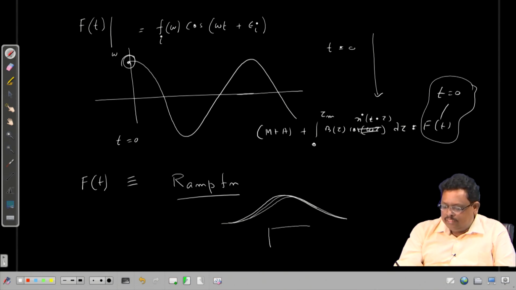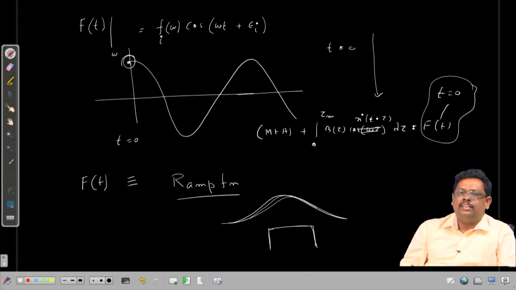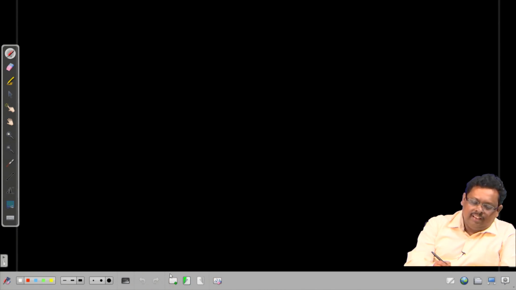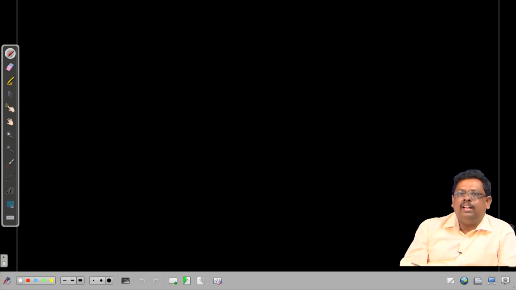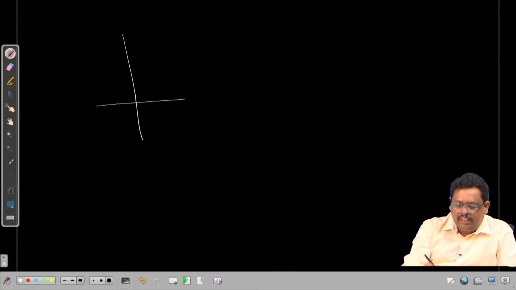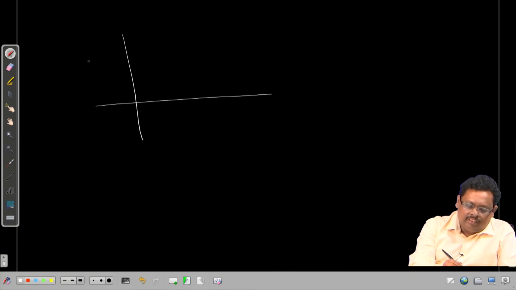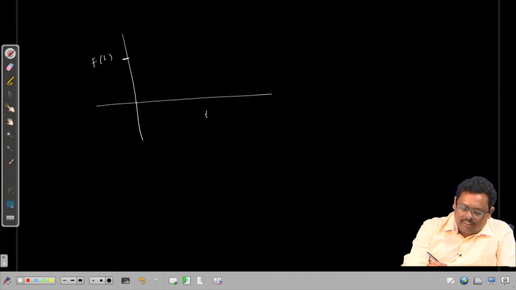We really do not want a speed breaker like this, right. We really want this ramp function. Graphically, we do not start with a very large value. If I call this the force f of t with respect to t, I really do not want to start from this particular point. What I want is it should be here, go up, and then after some time t it reaches the peak